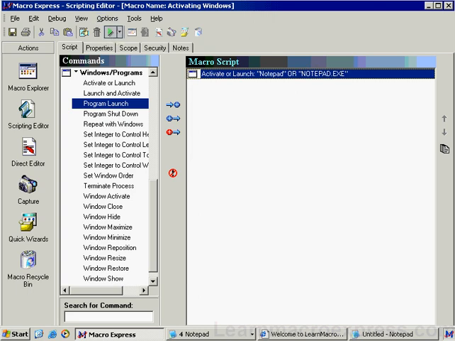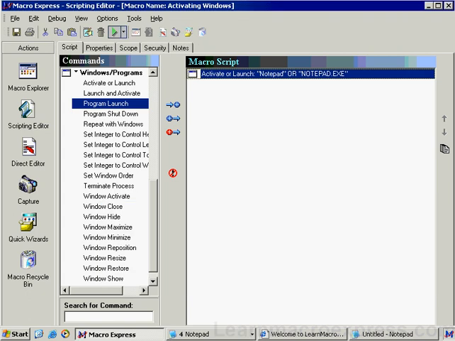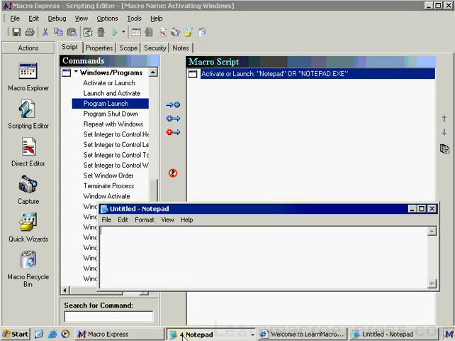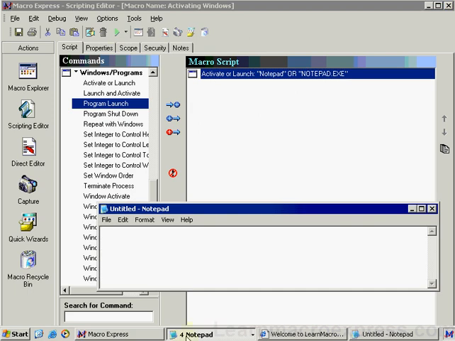So if we press play now, you'll notice that it still says 4 Notepad and the Untitled Notepad is still over here. So we actually have 5 notepads running, but it didn't open a new edition of Notepad.exe. So see, if I run this again, you'll notice I still have 4 and Untitled. If I run it again, it still finds the same requirements over and over, so it doesn't execute another Notepad.exe